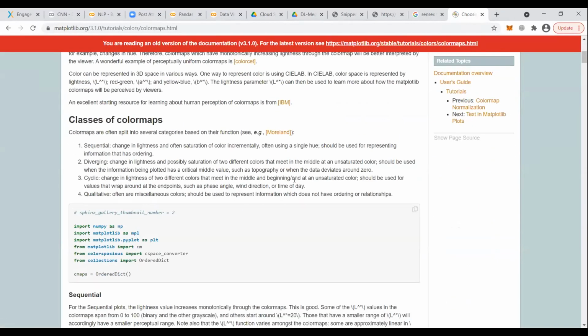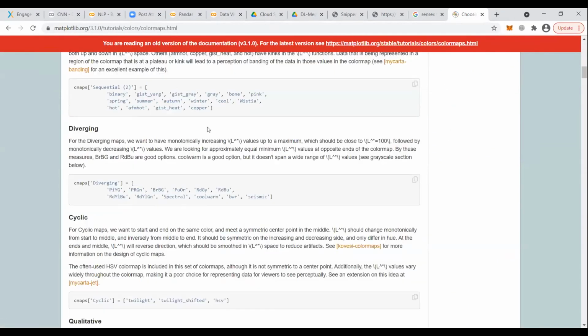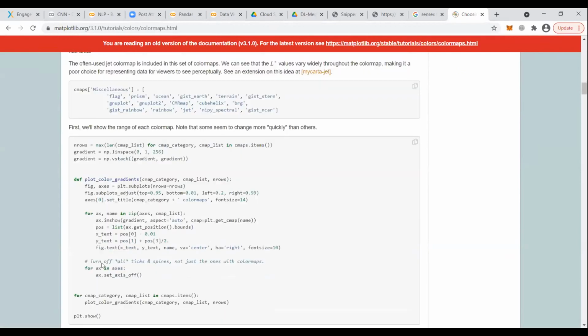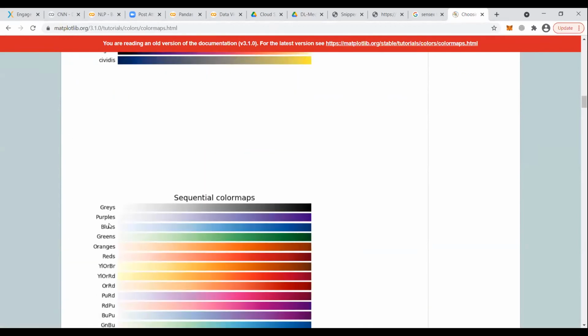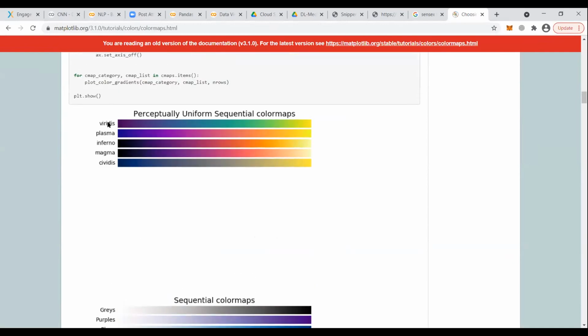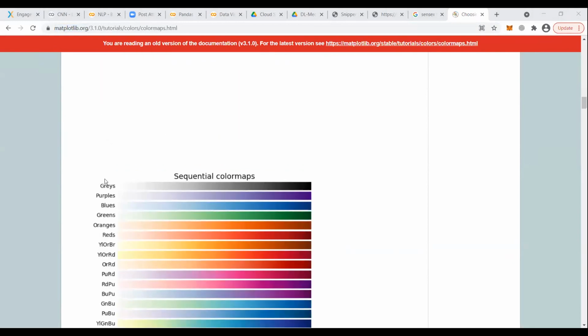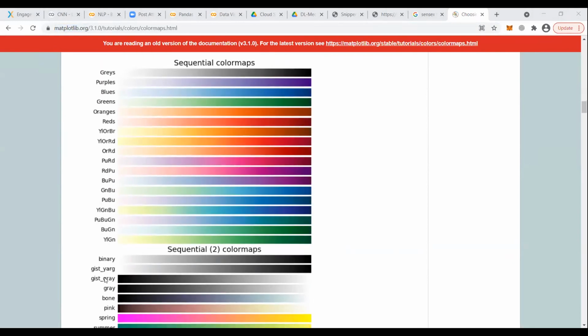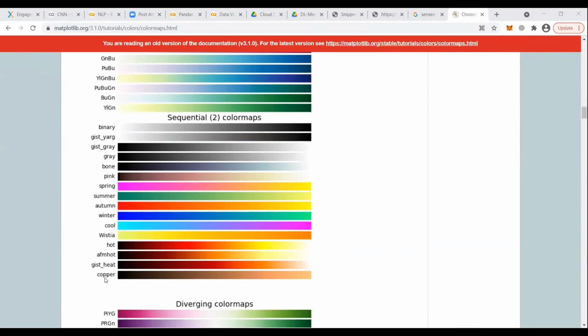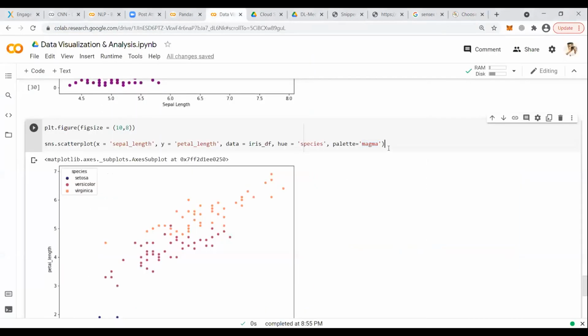In the color mapping of Matplotlib, we have got varieties of color maps. These are the names that I have to use. As you can see, I have used viridis, I used magma. You can use plasma as well. All these left-hand side names you can apply to palette, or somewhere it is also there by the name of color map or cmap.